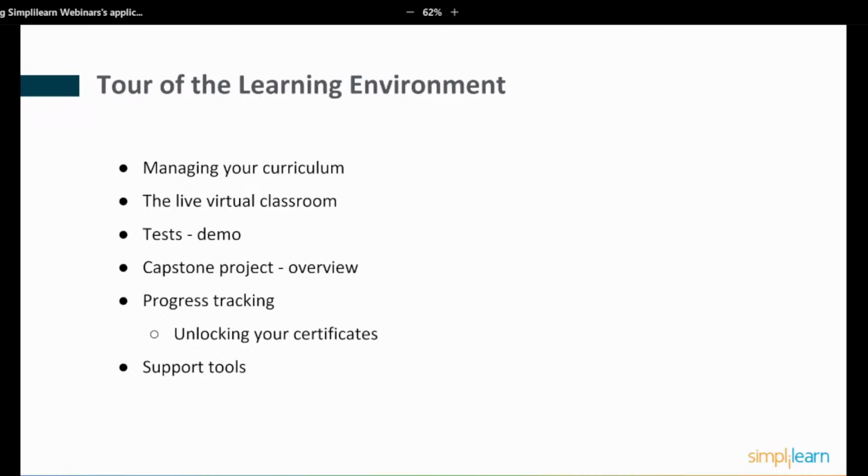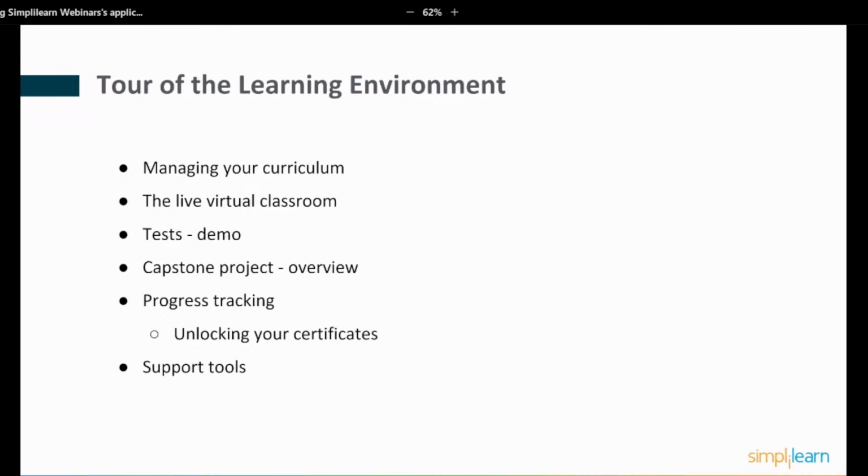So along the way, the learning environment includes a set of support tools, your ability to interact with the instructor, your set of files, recorded videos, including recordings of class sessions that you may have missed. So if you do have to miss a live class on the weekend a few times, then you'll be able to catch up with those with the recordings. There is a requirement to attend a certain percentage of the live classes in person.